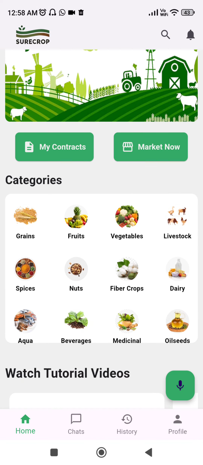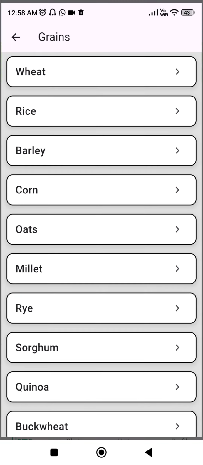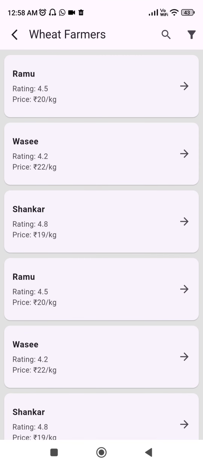This takes us to the home page from the perspective of the buyer. The buyer can select the categories of the crops they want to buy, like vegetables, fruits, or grains, and then they should select the specific crop, let's say wheat. Then they can get a list of wheat farmers and use search and sort filters to find a farmer who